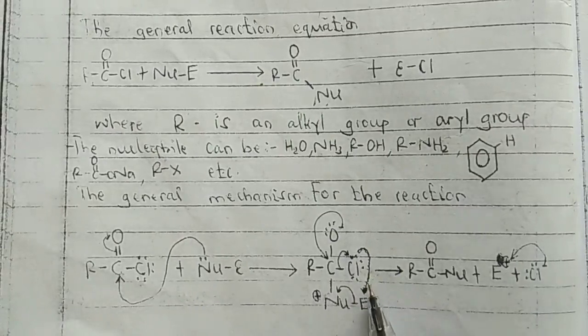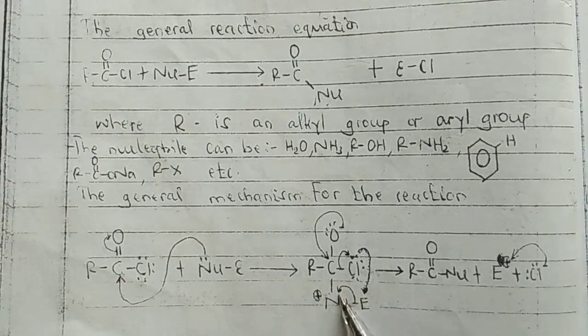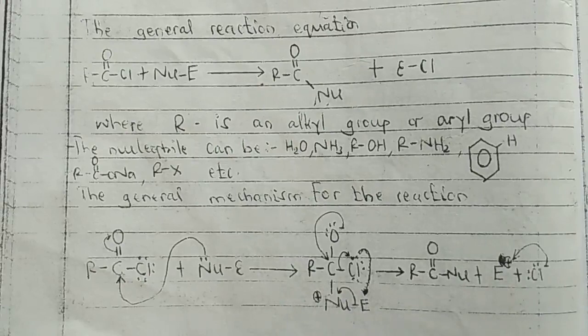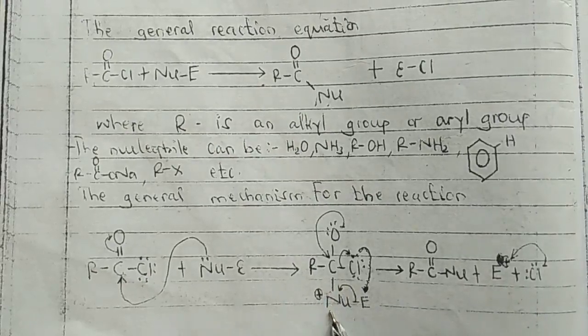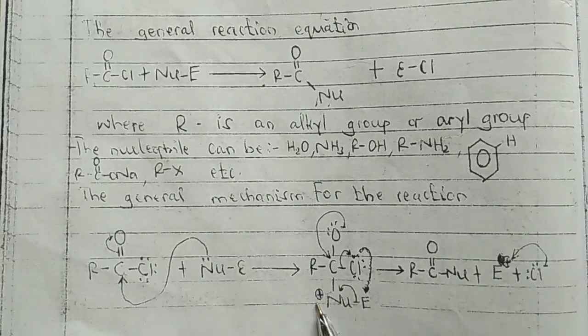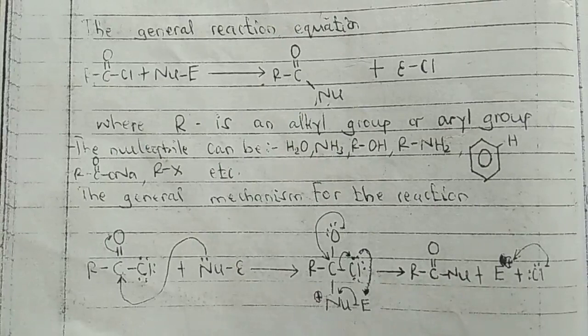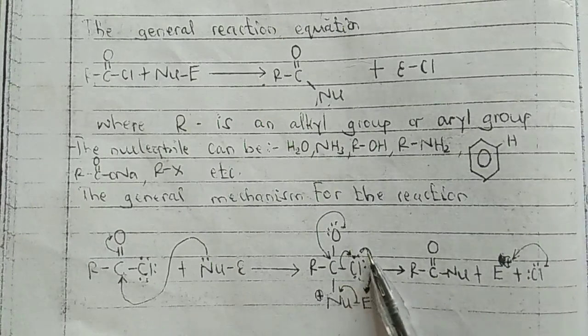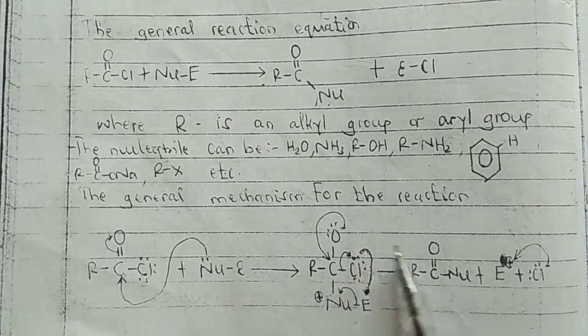huyo hapa ambaye ni electrophile, halafu electrophile ta break bond kwenda kwa nucleophile pale. Kwa finally maana kutakuwa kuna bond, kutakuwa kuna electrons zinaongezwa kwa nucleophile neutralizing this positive charge. Remember oxygen pale na negative charge, unaona oxygen na negative charge. So what will happen ni kwamba huyu bond ata break,